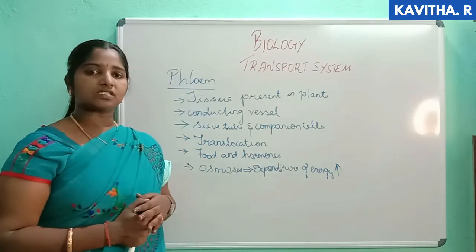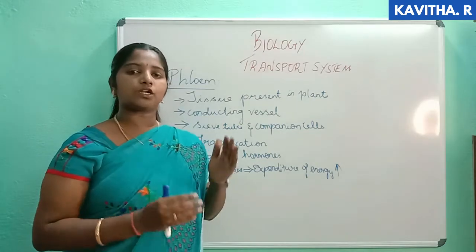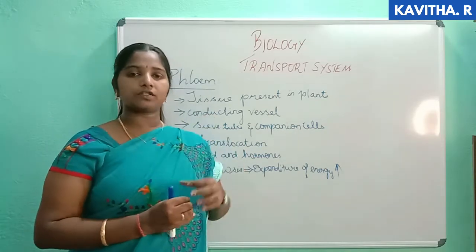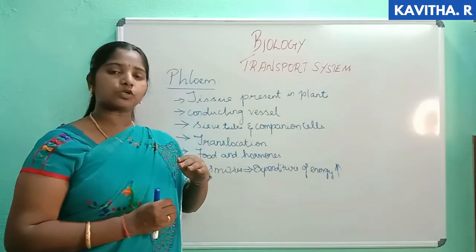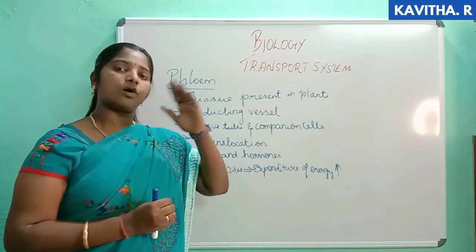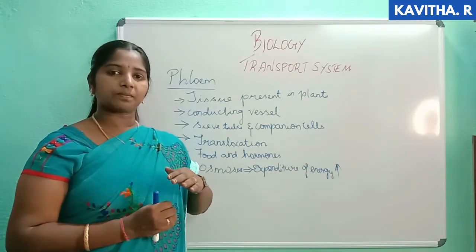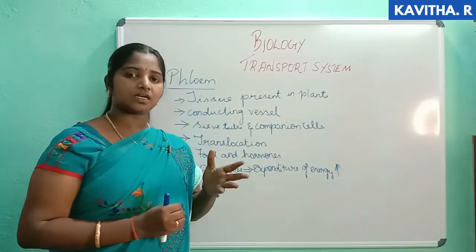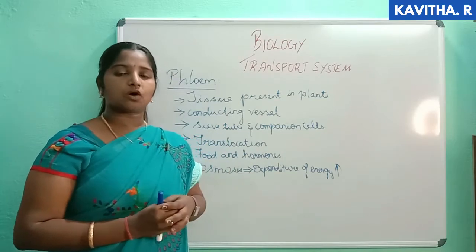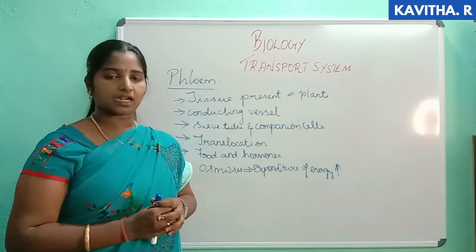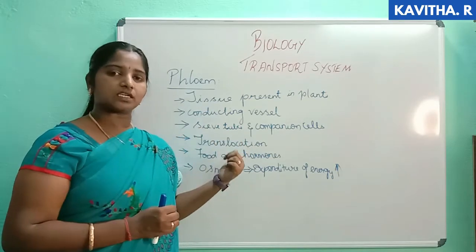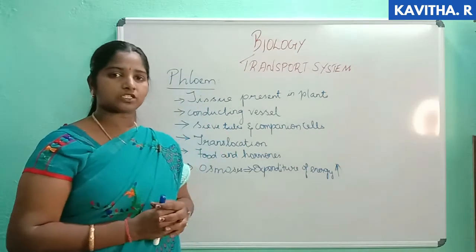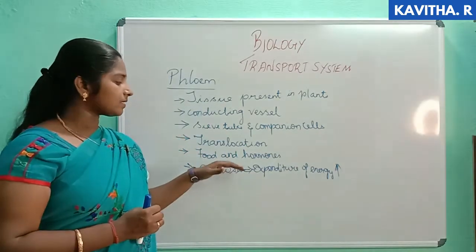With the help of photosynthesis, leaves prepare the food and store it in one part. So the phloem goes and absorbs all the food particles from the leaves and gives them to all parts of the plants, in all directions. Since the stem requires energy, leaves require energy, flowers, fruits, buds, whatever part is present in the plant, everything requires energy. So the phloem tube, along with the sieve tubes and companion cells, absorbs the food particles and moves them towards all parts of the plants, and that process is called translocation.